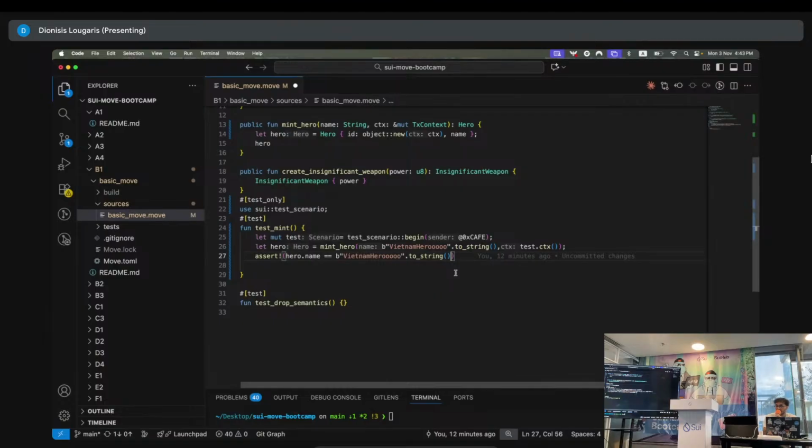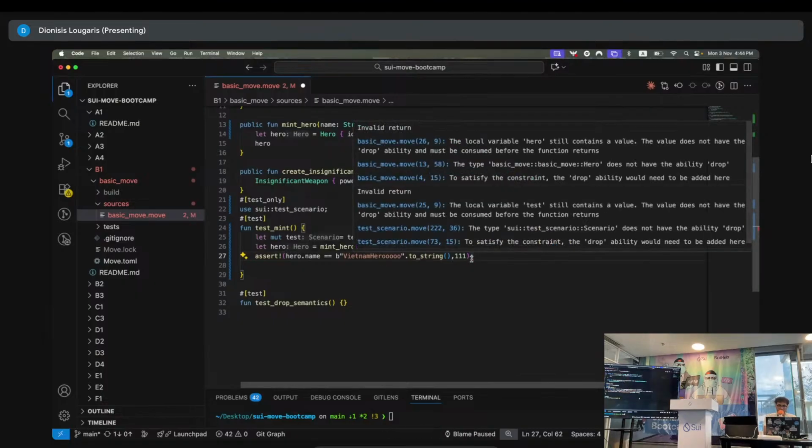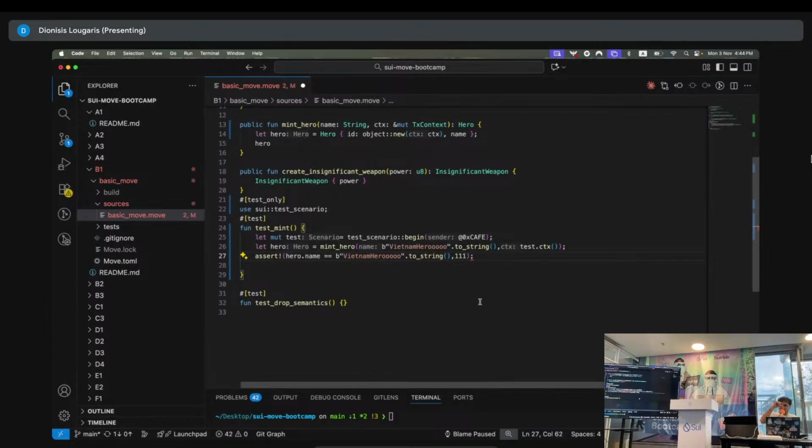What does that mean? If I was to give 111, this is my error code, for example. Why would I do that? Because let's say that I have 1,000. That's not the case, because you can't make that big of smart contracts with 1,000 functions. That's not a good practice. But let's say I have plenty of smart contracts, and plenty of functions, and plenty of